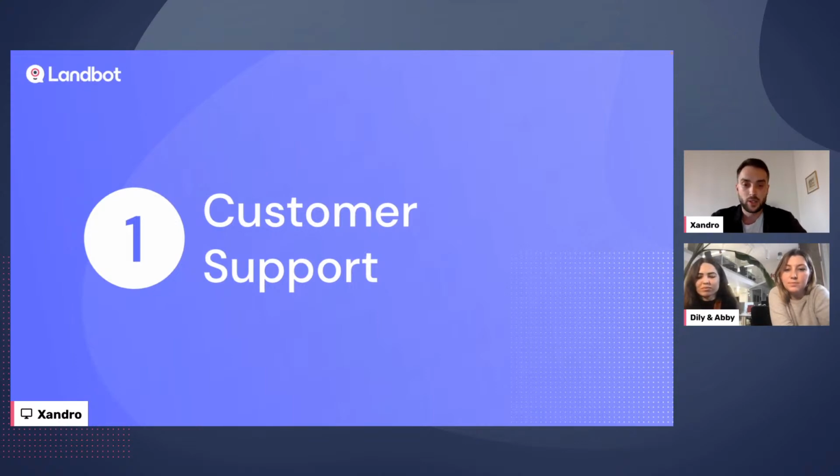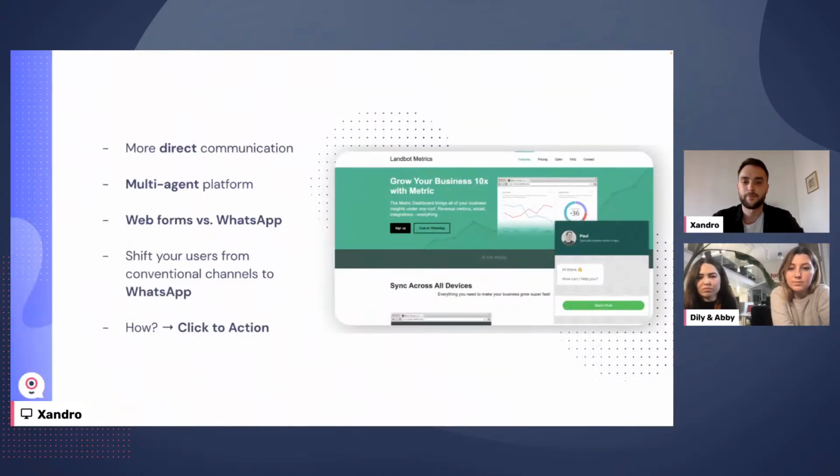So customer support on WhatsApp has been quite a game changer in terms of direct communication with clients. Especially since the introduction of the WhatsApp Business API, because it allows you to have multiple agents replying from one same number. I'm sure you've all been stuck replying from WhatsApp Web or from a phone, responding to hundreds or maybe thousands of messages, and that can be quite annoying.